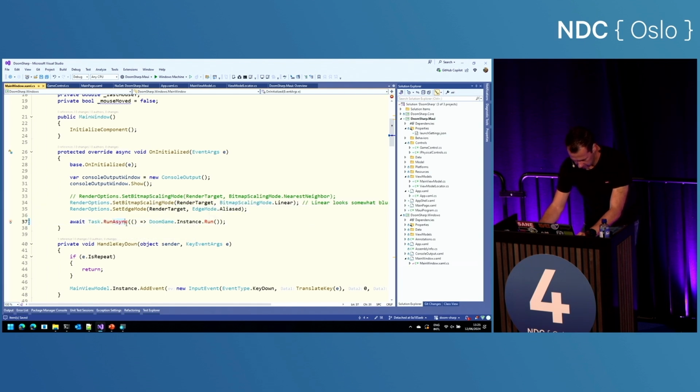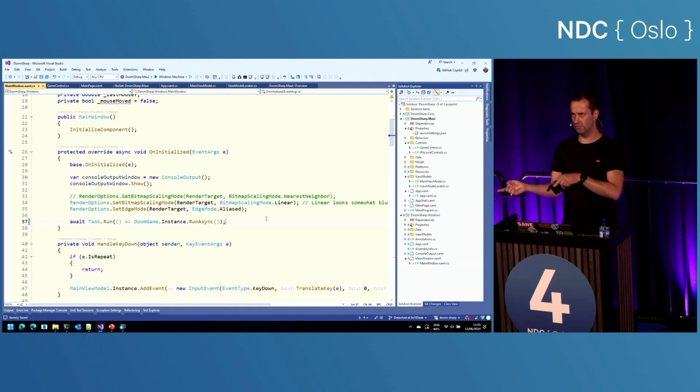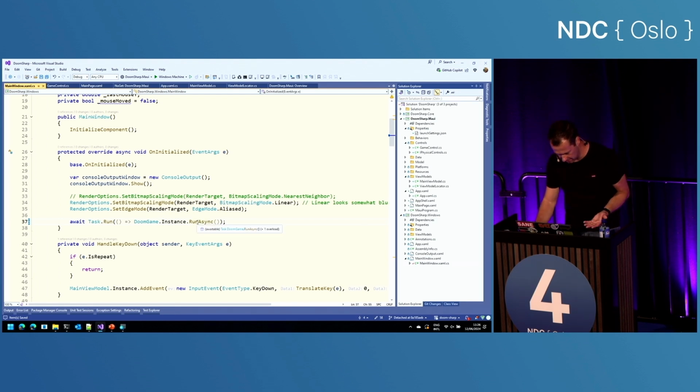So when I copied in the folder just now, I also copied in a new version of the Doom game class. And the run method that I showed in the beginning is now a run async method. It's an overload, so it can take in some extra parameters, which I will show you later.